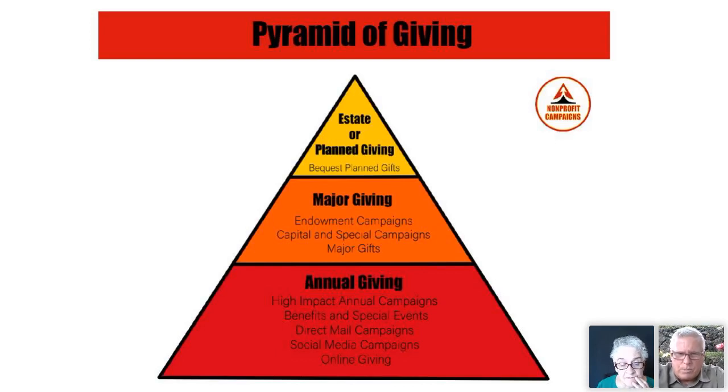And then, of course, we want to take those people at those passive levels of giving and get them into the orange. This is where your major gifts come from. All major givers probably didn't start off making a $100,000 or a $50,000 or whatever you consider a major gift. They probably started off writing a check from a direct mail appeal or somebody. The most important reason that people give to an organization is someone they know and respect asked them. By far and large, that's the most important reason that people give to organizations.